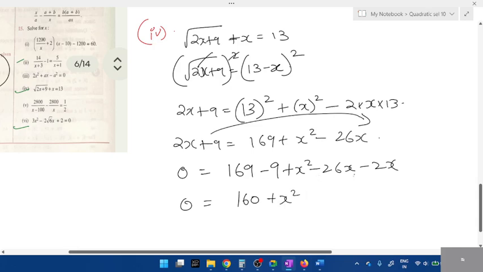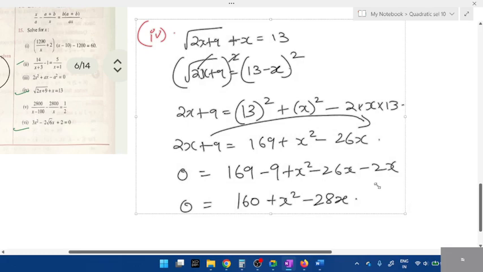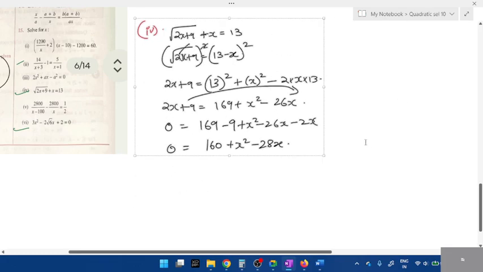Minus into minus is plus. You get 28x like this. Is it clear? Did you all understand? Be quick, students. Then rearrange this. If you rearrange,